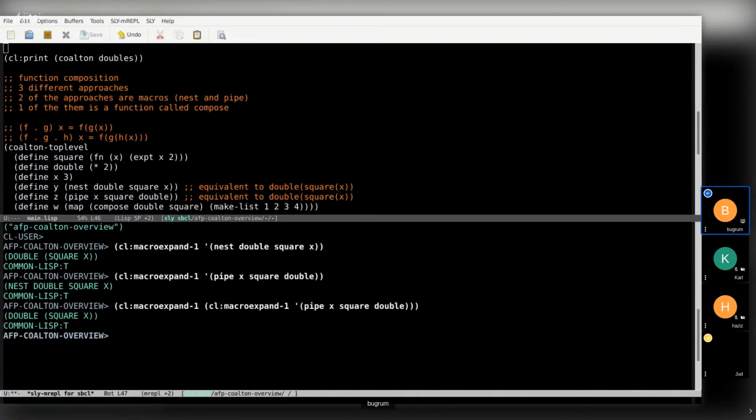This tells you that these are fundamentally equivalent, and a pipe is doing nothing more than reversing the function calls and passing the rest of those calls over to nest, so that the nest macro does what it expects to do, which is generate the appropriate S-expression syntax that goes from the rightmost function, which is the innermost function, outward to generate the final S-expression that will ultimately be evaluated by